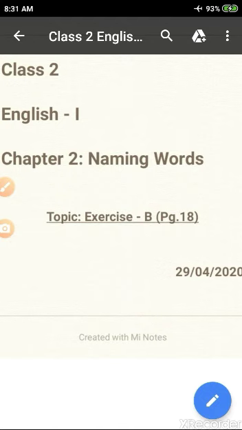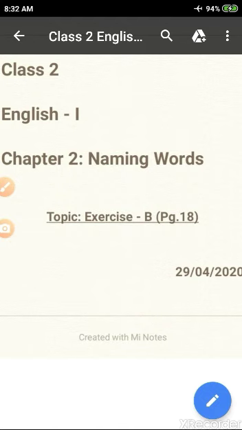So here you see there are two parts to be done. One, you will be circling all the naming words in the sentences given, and whatever you have circled here, you will put them into different groups given below in the table. In the table, there are 4 columns given here. You all know that these 4 columns are made for the naming words of people, animals, places and things.